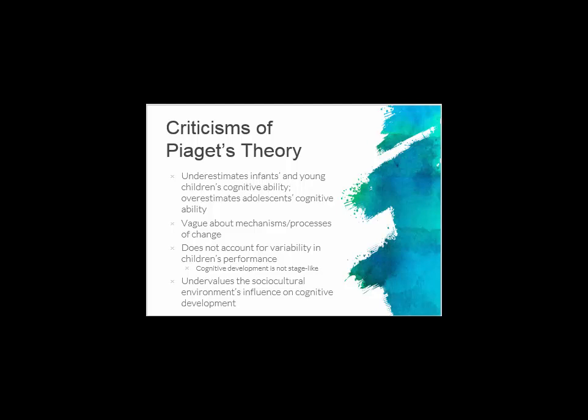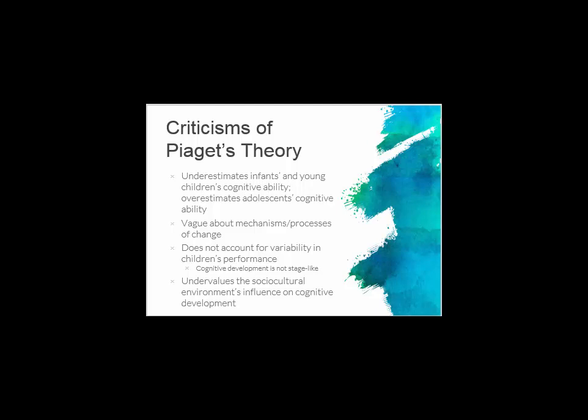Piaget's theory is also really vague with respect to processes and mechanisms of change. For example, from 2 to 7, we know that that's pre-operations. But then how does the child move on to the next stage? Is it that they blow the candles out on their birthday cake when they turn 7 or when they turn 8 and now all of a sudden they're in the next stage? And then finally,